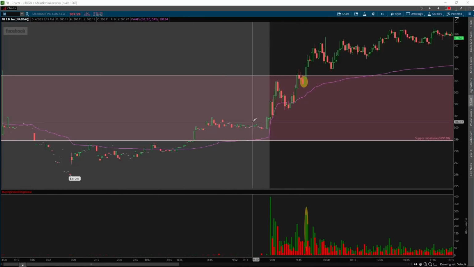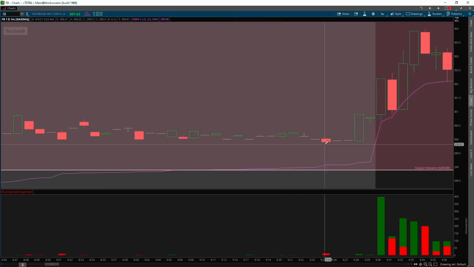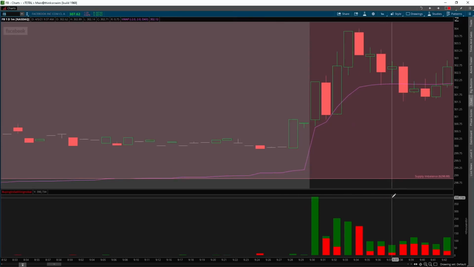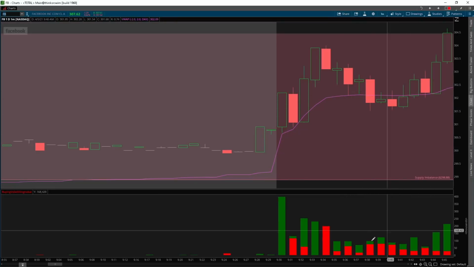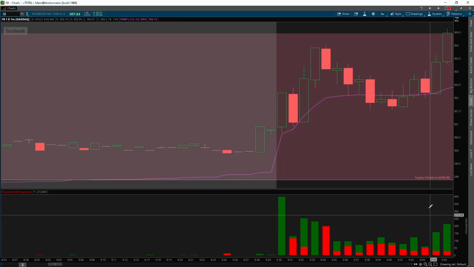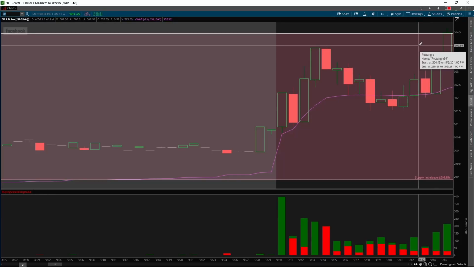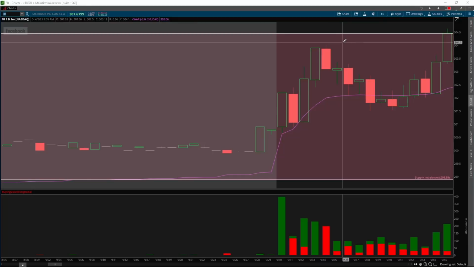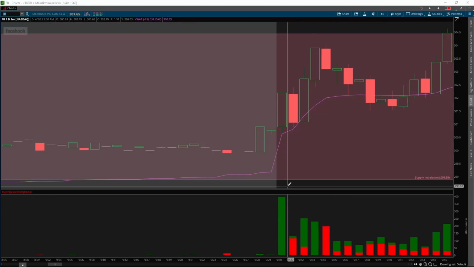So we opened up inside of the supply zone right away. It's telling me buyers are a little stronger. NASDAQ is strong. This thing started rallying. We did base out here and we were holding VWAP, and VWAP was stable. Volume was stagnant as well. And then we started taking off with increasing volume. 304 was all-time highs. I think it was a little above 304, like 304.10 or something like that.